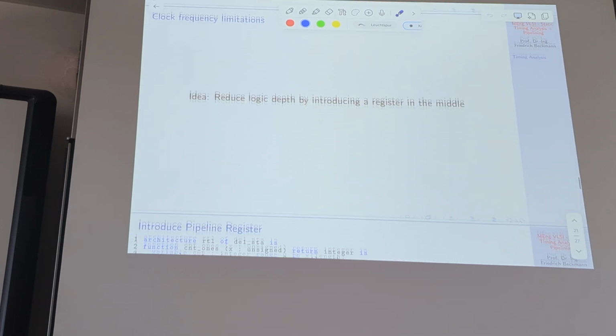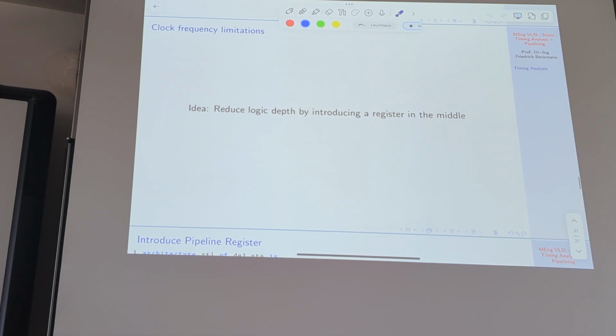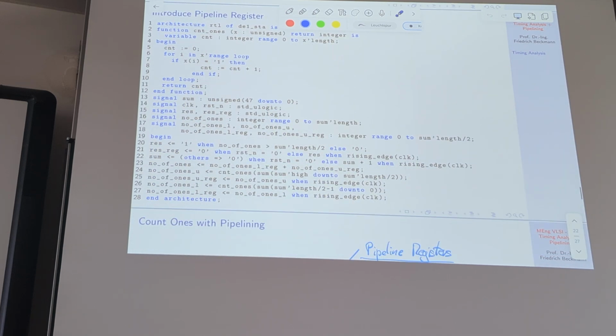But yeah, I then showed an idea of how you can change that or tackle that on RTL level. I also mentioned that this is a much bigger lever than anything you can do on the gate level netlist. So this is normally the place where you should first look at if you think you have timing problems. And one idea